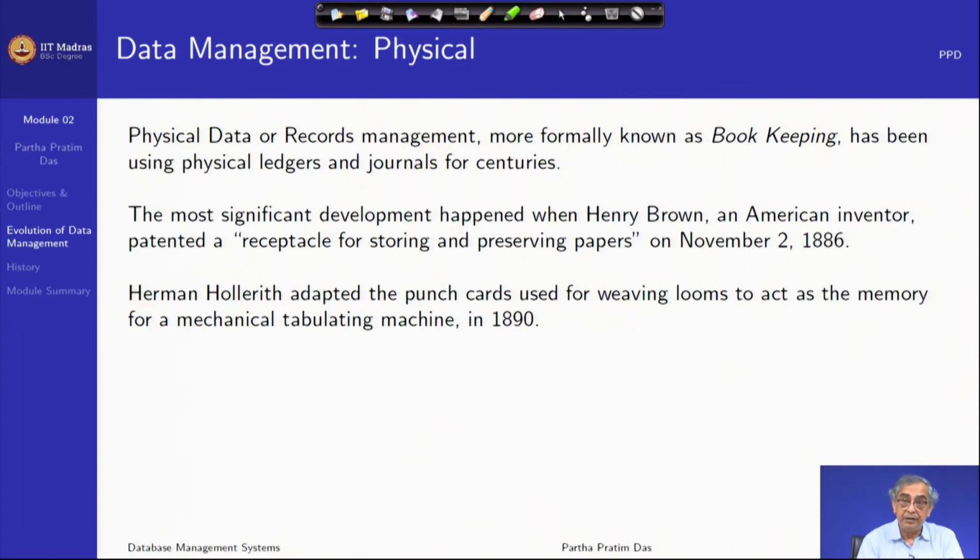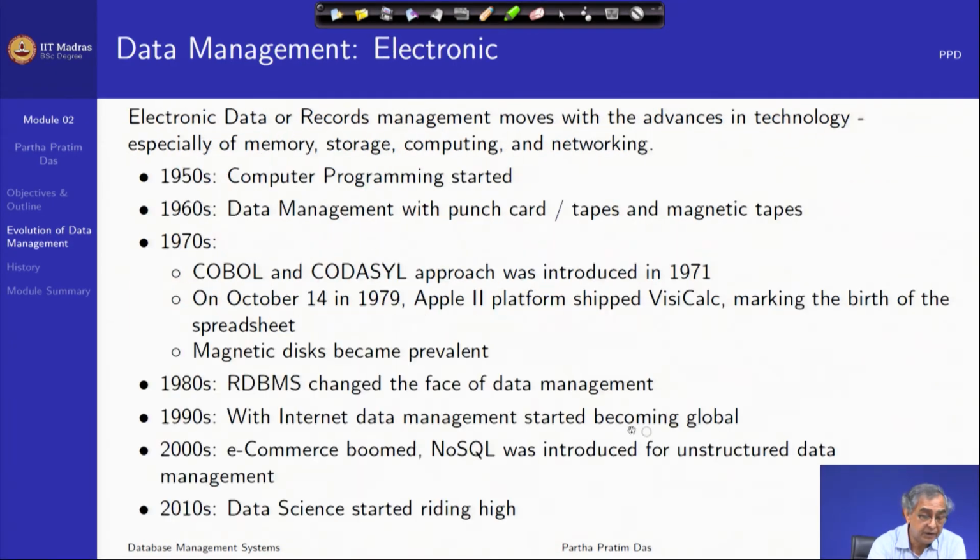So, Herman Hollerith kind of started adapting punch cards, which were used in the Jacquard loom for weaving, as memory, so that you could do very simple mechanical computation based on these ledgers, based on this ledger data. That also happened somewhere towards the end of the 19th century. And before that, for several centuries, people followed the same practice. Getting into the 20th century, the same practice continued,